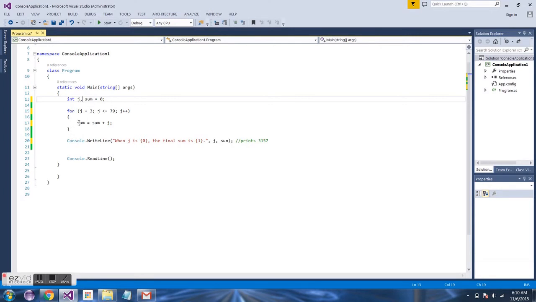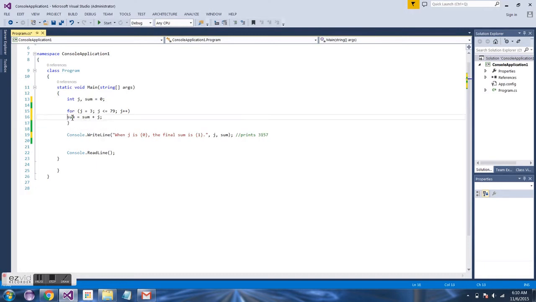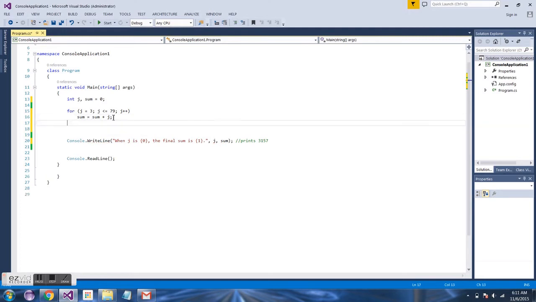Another feature: you do put curly braces around the statements after the for loop in general, but just like with the if statement, you don't have to if you've only got one line of code in your for loop statements. So since this only has one line, I can take those curly braces off and it's going to know to do this just fine. But if I still wanted to do that console write line afterwards,